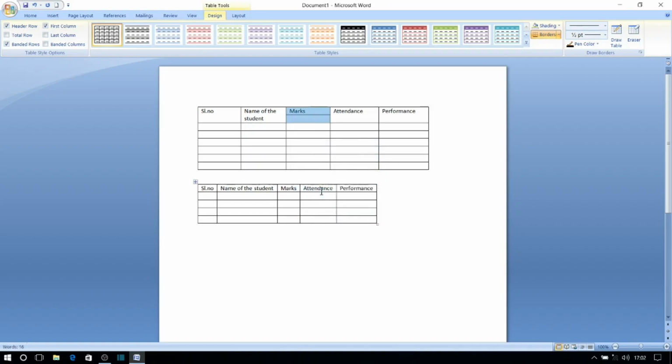When we click on it, you see the marks column has been divided into 2 rows. The first row, let this be a major head, marks. The remaining column can be divided into 3 columns following this procedure. Select the remaining rows.